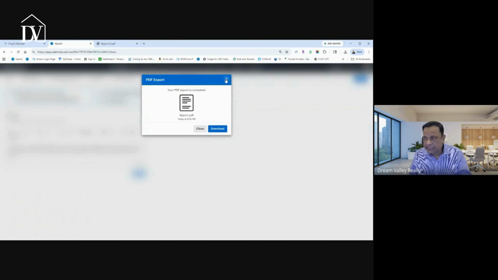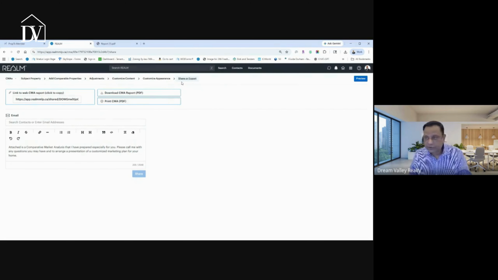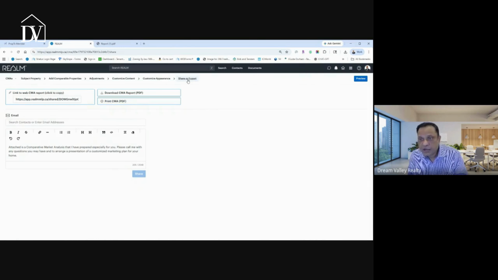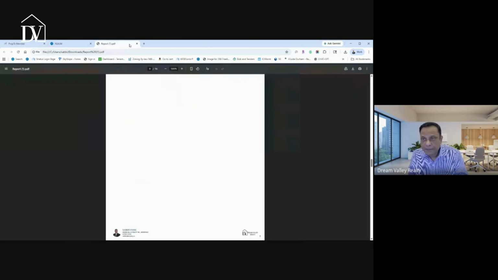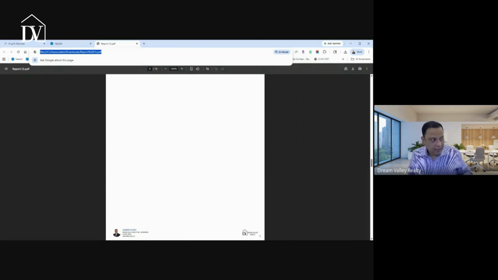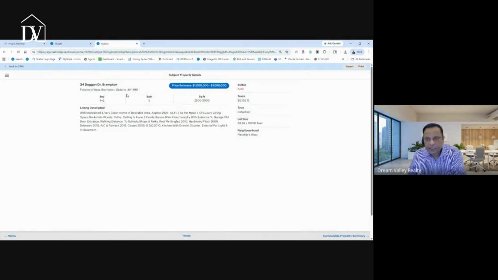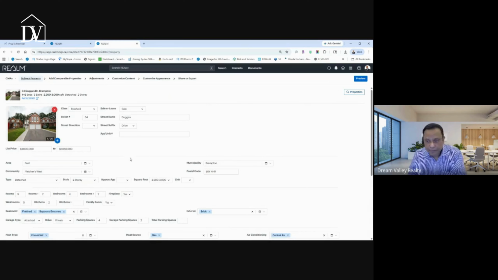Once that is done, you can go back to CMA again. All your CMAs are saved right here, so you don't have to worry about losing any data. Whenever you want, you can either share or print, or use this link. If you copy this link and open it in another page, it will show like a website to your client that will show the subject property,